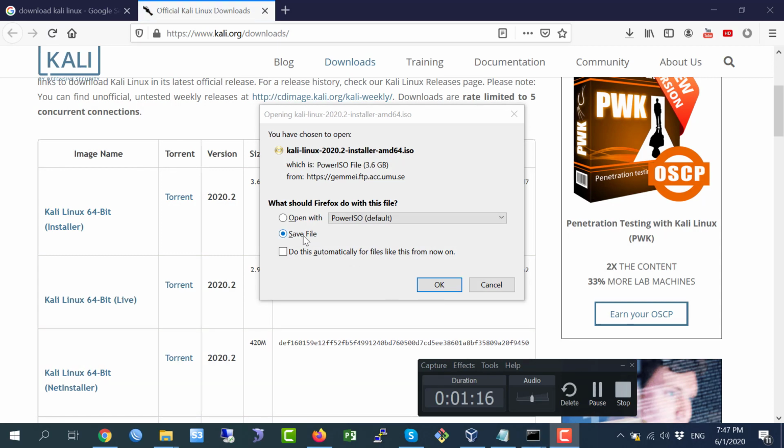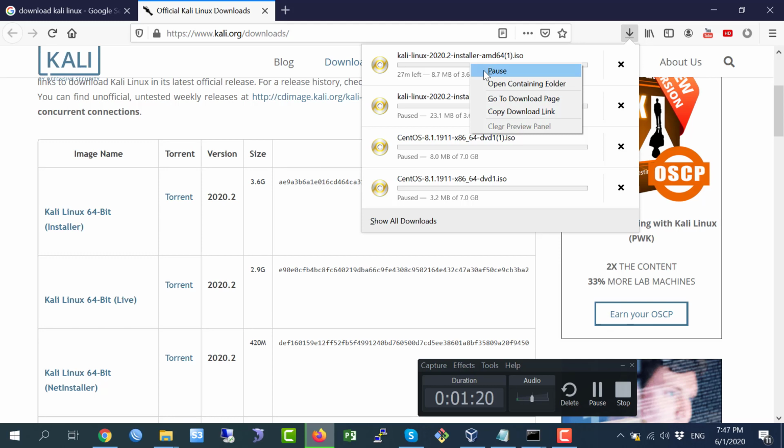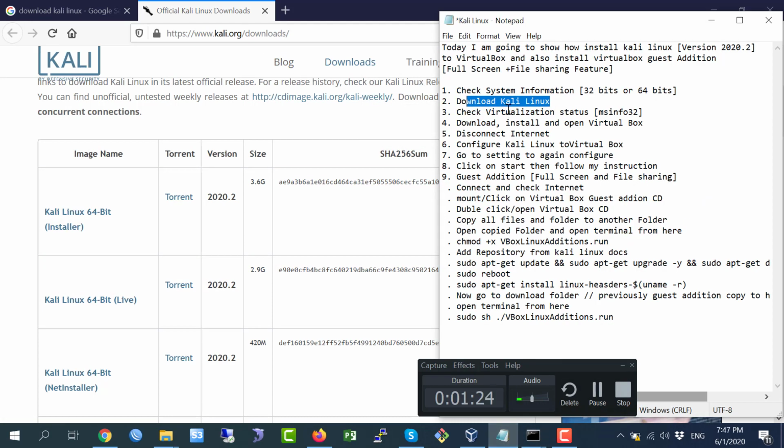You see this is the save file. I am going to save. Okay, though I already downloaded this installer, I leave it now. So now step number 3, check virtualization status. I am going to the